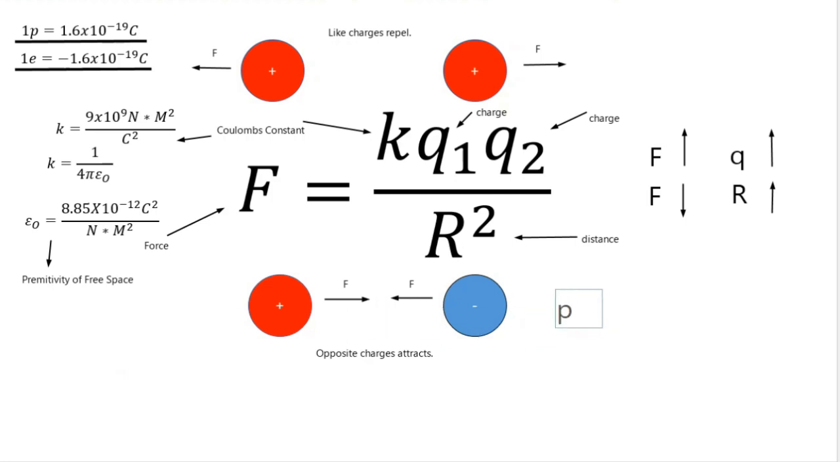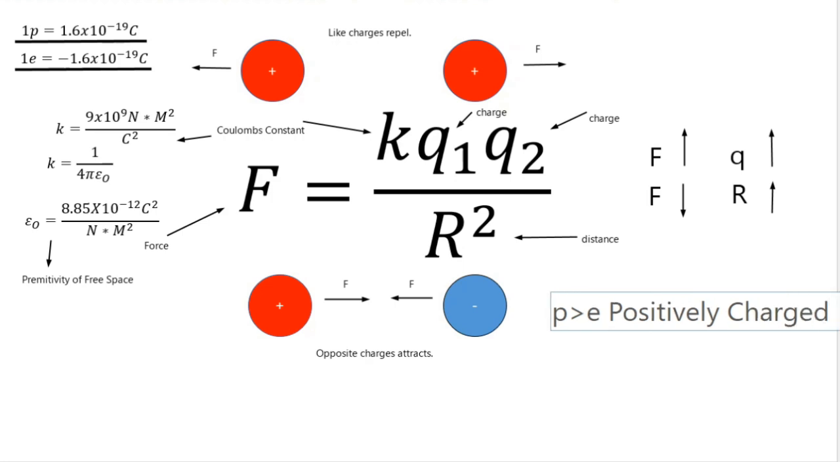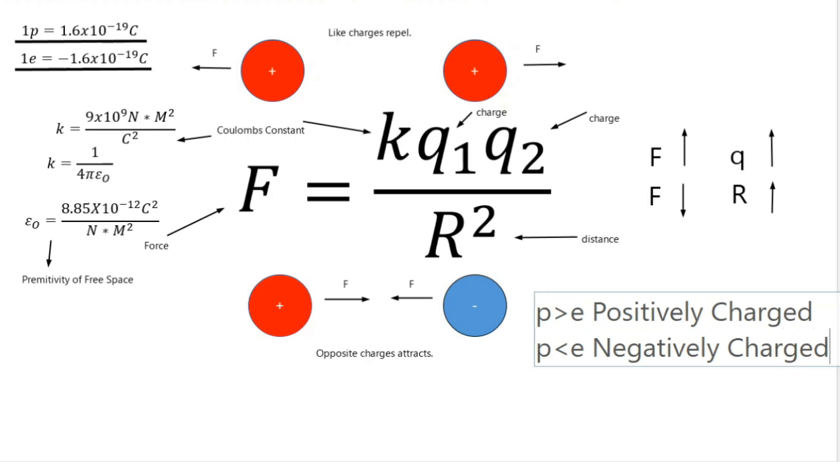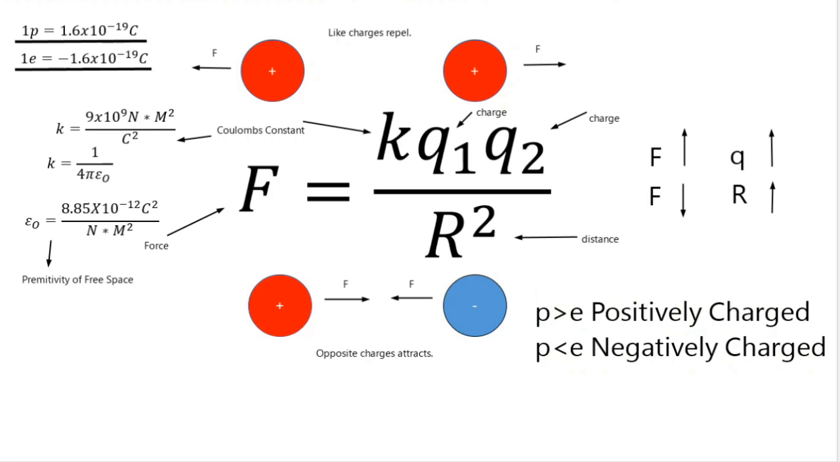To review the electric charge, if we have more protons than electrons in an atom, then it is positively charged. That's why we have a positively charged particle, because there are more protons than electrons. The reverse is true. If we have more electrons than protons, then the atom is going to be negatively charged. But as subatomic particles, the proton and electron are